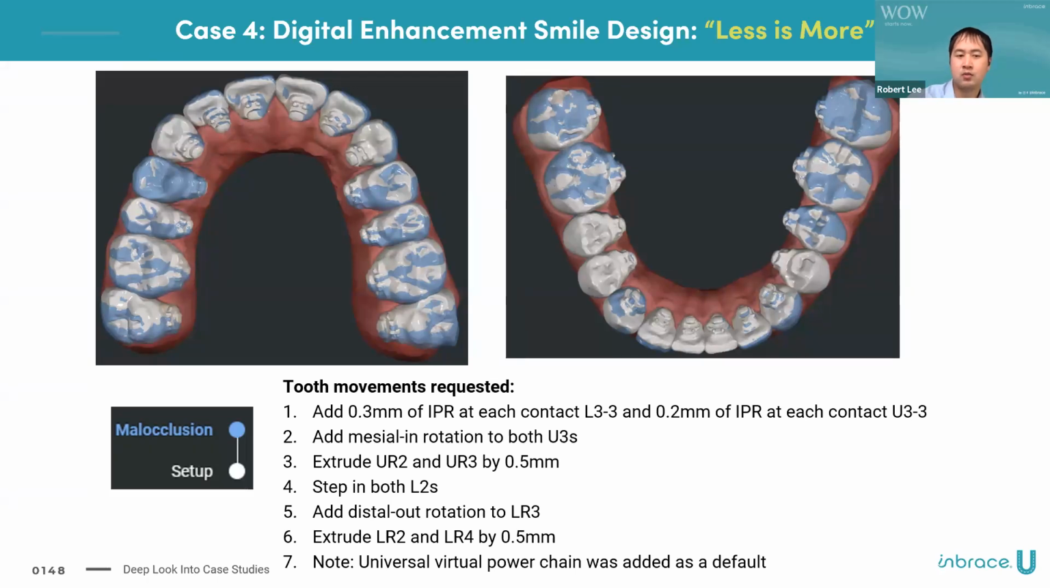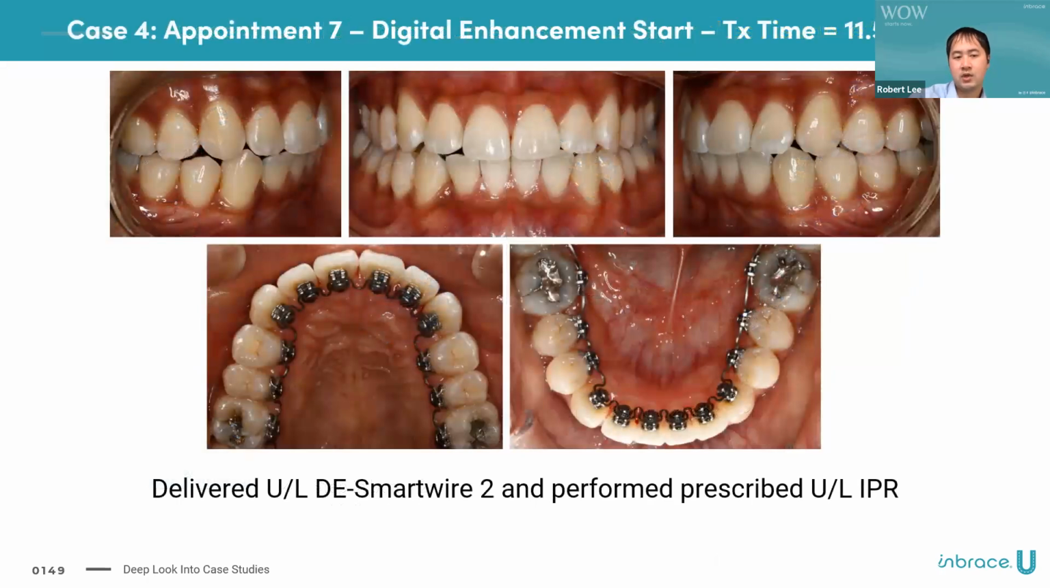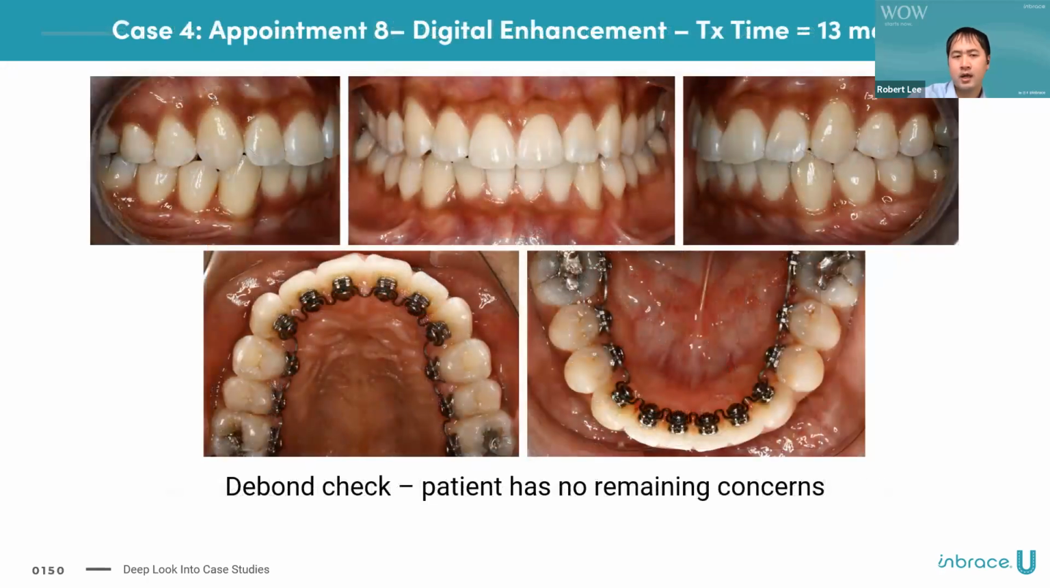Actually, the other thing I wanted to add in was things were still a little bit too flared. So I added a little bit more IPR on the upper and lower so I can close those IPR spaces. And we delivered the upper and lower DE Smartwire 2s. We performed the upper and lower IPR. And essentially when this patient came back within one visit for the debond check, patient was happy, had no remaining concerns. I wanted to get a little bit more overbite and I wanted to improve the lower alignment very slightly. Could have very easily done this with active retainers, but I decided,